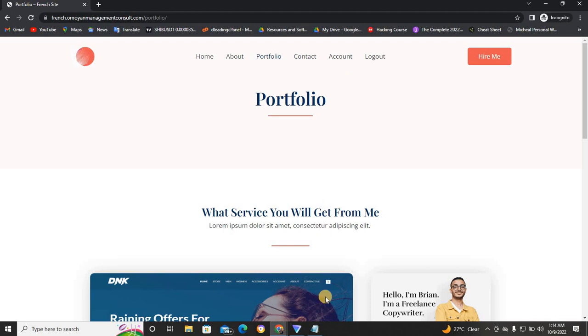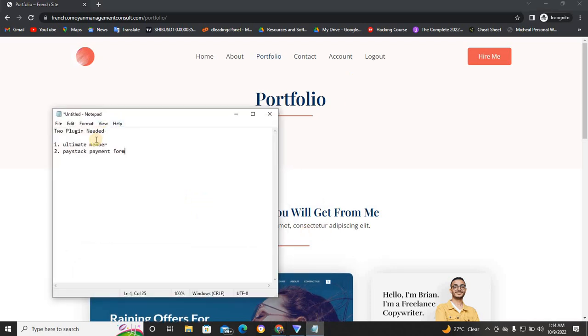The first plugin is Ultimate Member. Let me show you. Now this is the first plugin, which is Ultimate Member. That is the plugin we'll be using to restrict some content on our website. While this Paystack payment form is the payment form that we use to integrate it, to link it up to